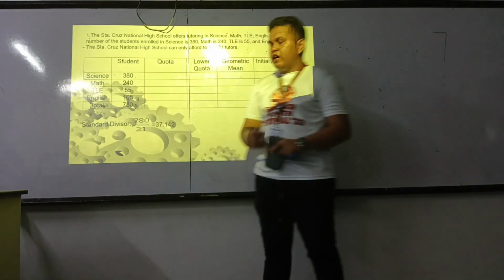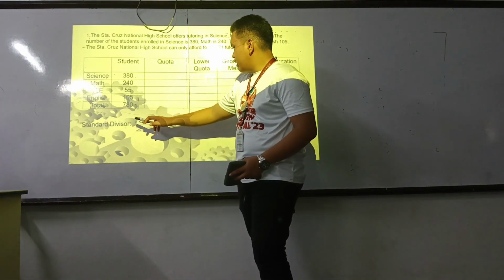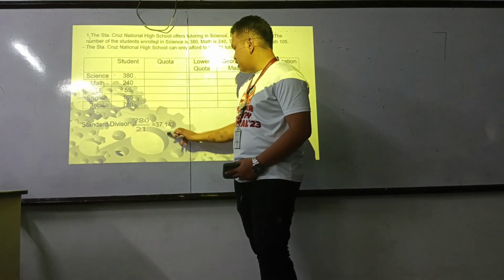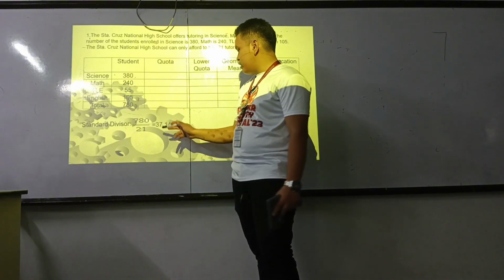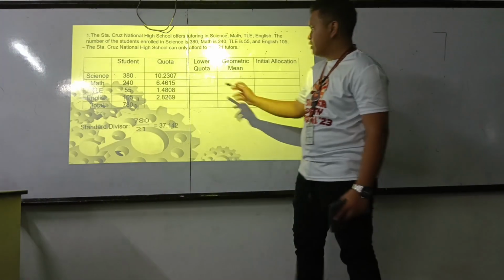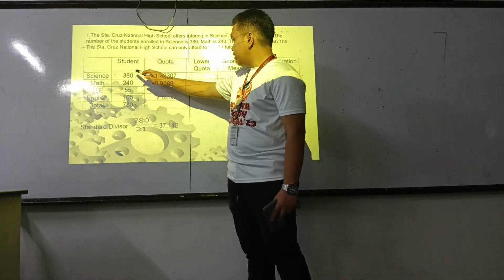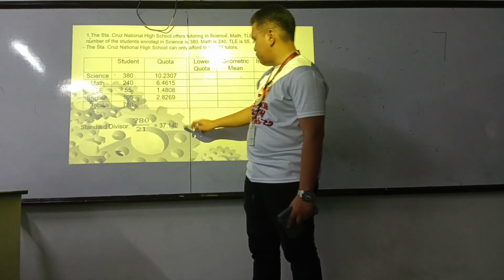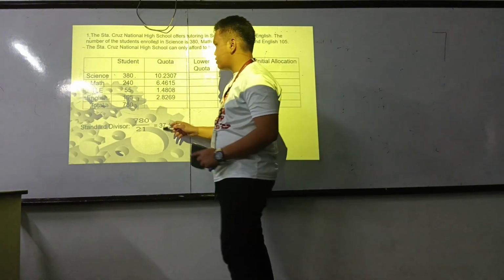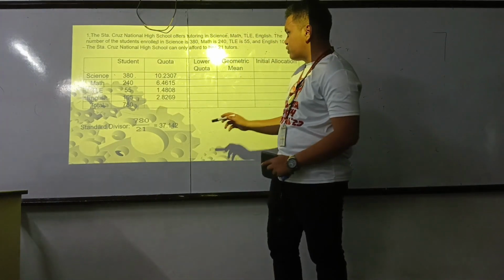To find the standard divisor, let's divide 780 by the number of tutors, and we have a standard divisor of 37.142. And this is our quota. To find this, let's divide each by 37.142. 380 divided by 37.142 is